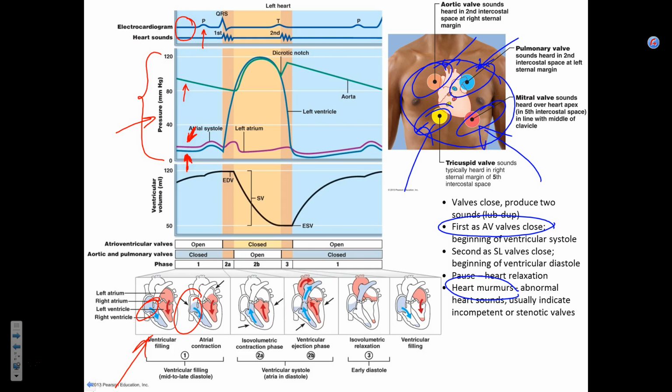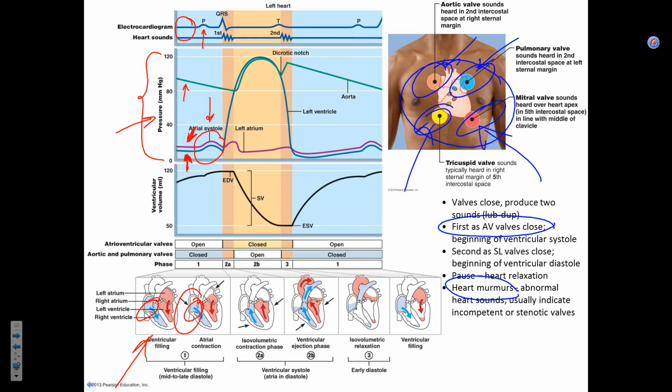You can see this if you're able to measure the pressure in the atrium. You would see this, that's atrial systole. P wave basically corresponds to atrial systole. Does that make sense? So atrial systole pushes the rest of the blood into the ventricle, and that elevated pressure